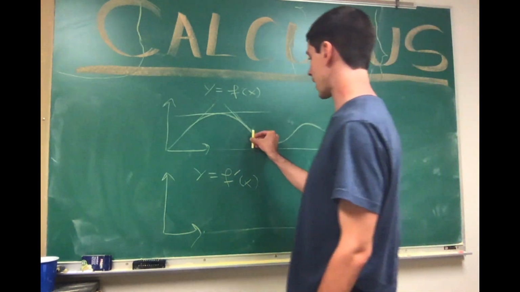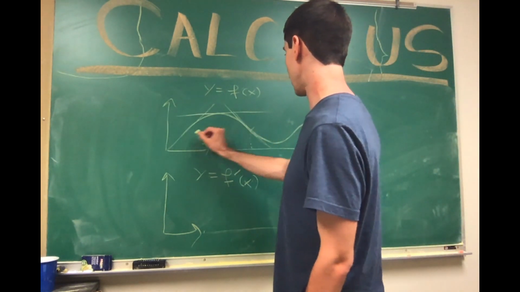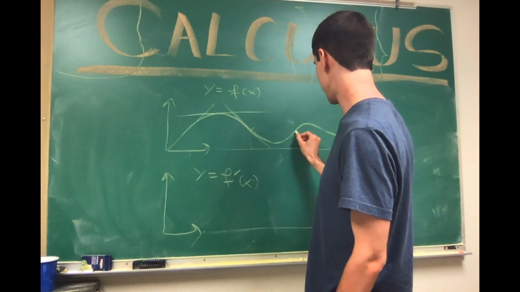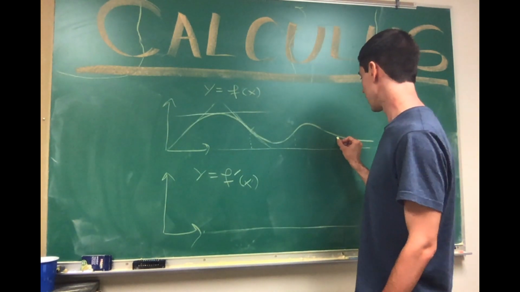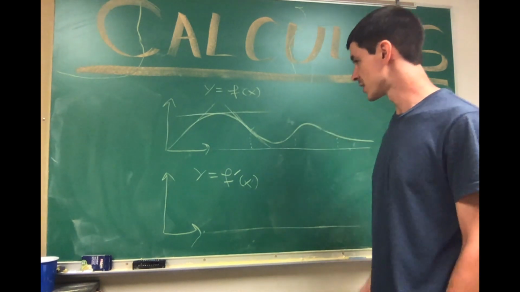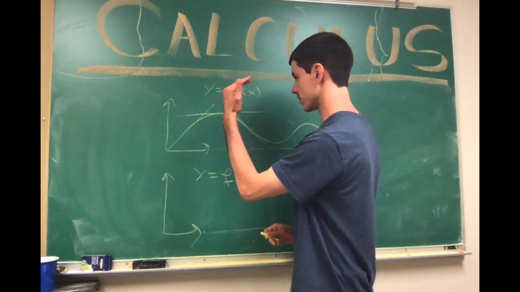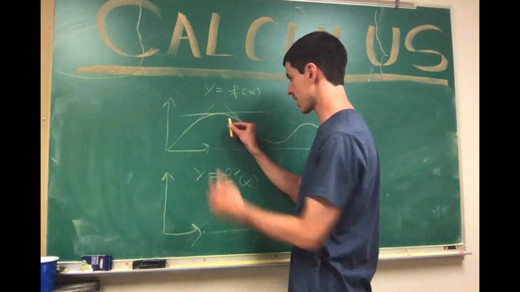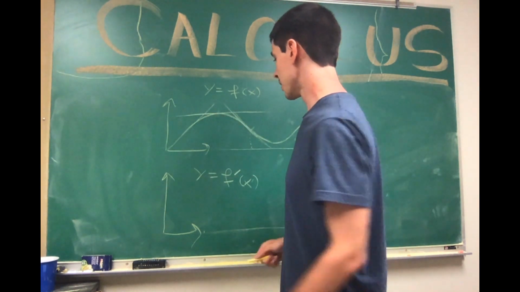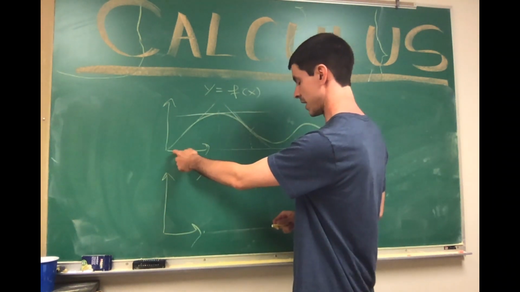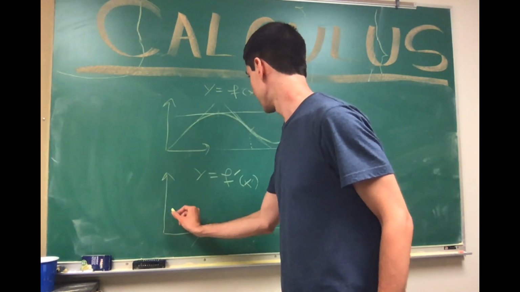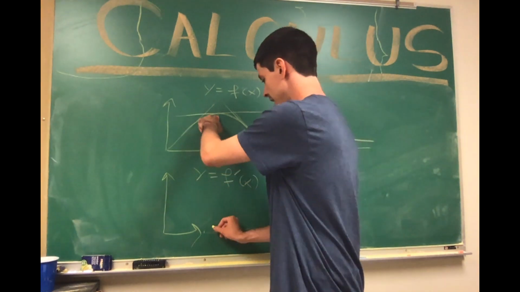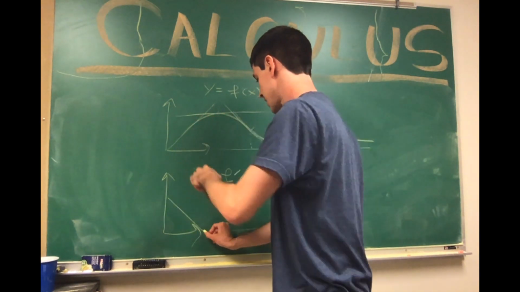So let's see, it's going to be concave down over in here, concave up over in here, and then concave down again until about here. So, okay, positive when this is increasing, so it's going to be positive up to this point, but it's positive and decreasing because it's concave down. And then it's going to be 0 right here, so it's going to be something like this,